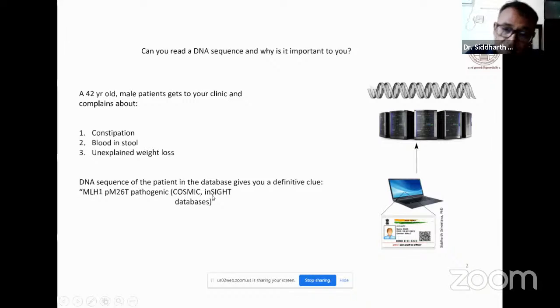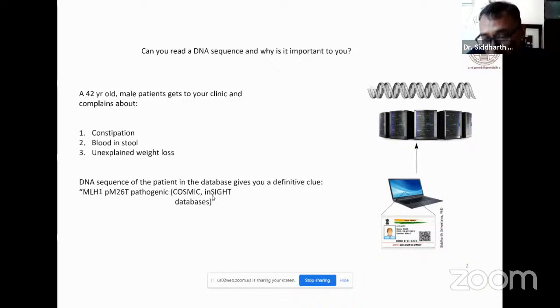So now we are talking about medicine where genomics has really integrated, and it is being taught at the MBBS level, and the general practitioner also knows about it. So the moment he or she sees MLH1, this entire line, the doctor knows that constipation and unexplained weight loss is not because of other reasons, but possibly